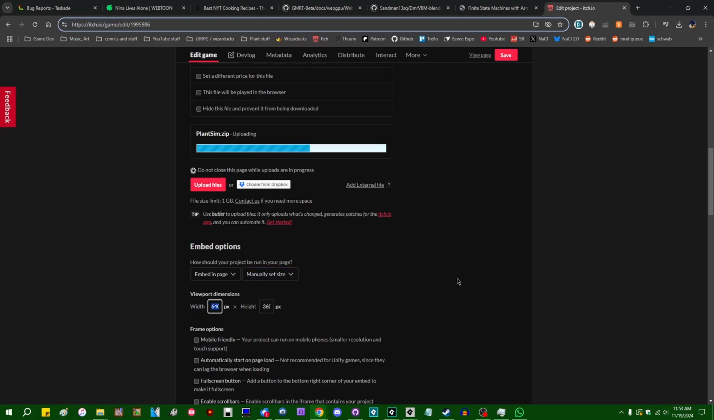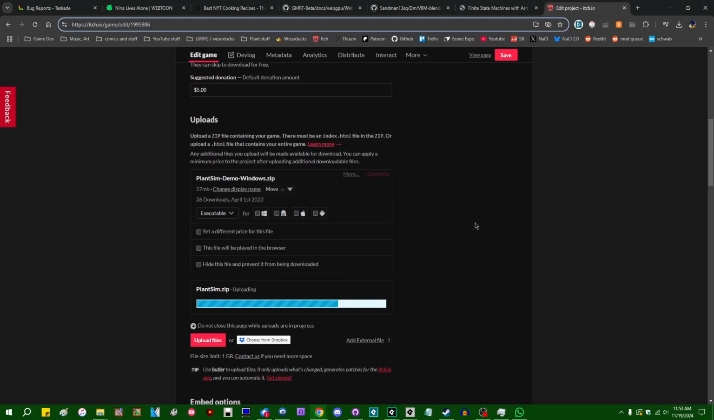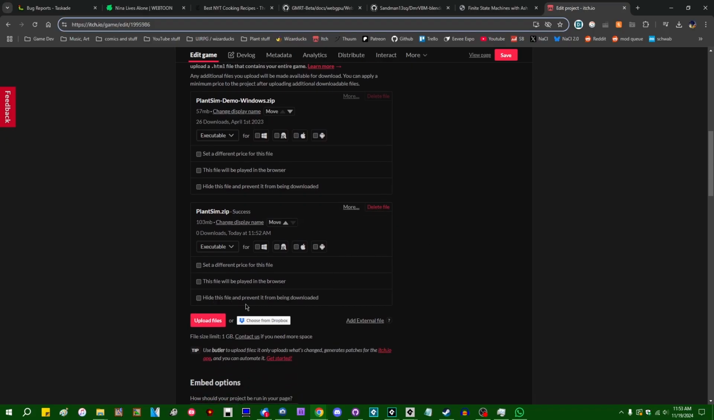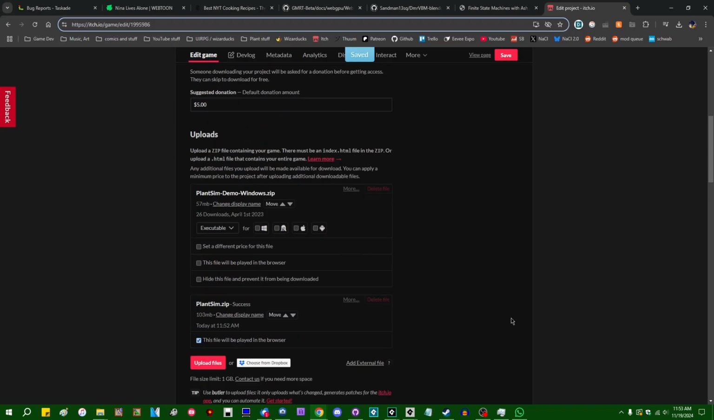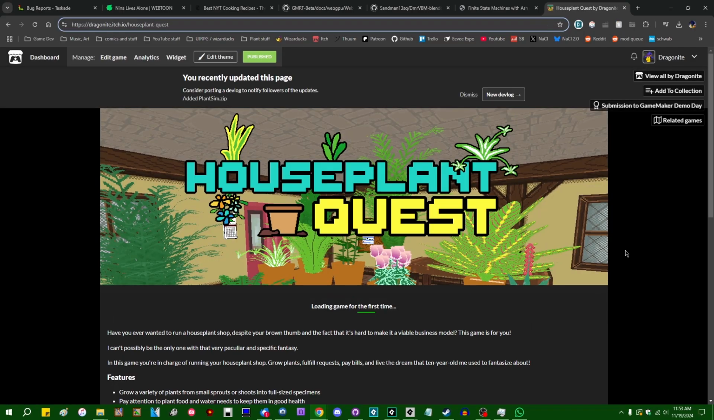I'm going to manually set the viewport dimensions to 1366 by 768 because smaller sizes have a little bit of trouble running this game with the amount of UI on the screen and stuff. This is almost done. This is really taking its time, isn't it? All right, let's check the box that says this file will be played in the browser. We can save this. We can view page, and now